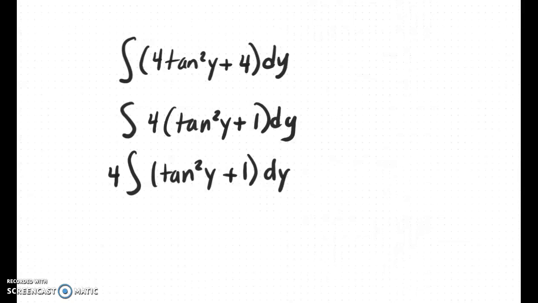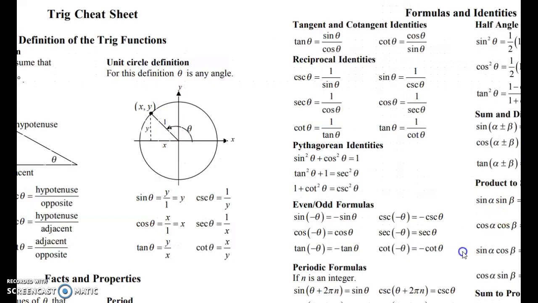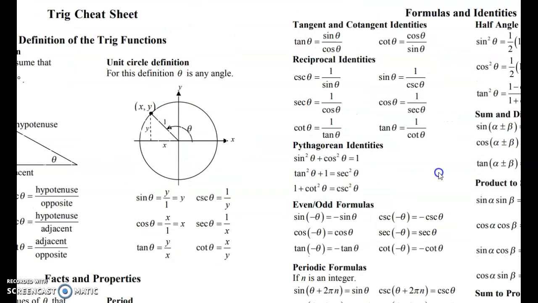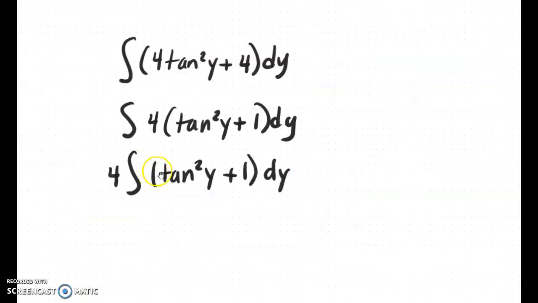Here, let me pull that page back. So here's the double angles that I'm referring to. But anyway, I'm looking at this right here. And this one says tangent squared theta plus 1 is equal to secant squared theta. And that's exactly what I have here. I have tangent squared of y plus 1. And so I'm going to replace that,